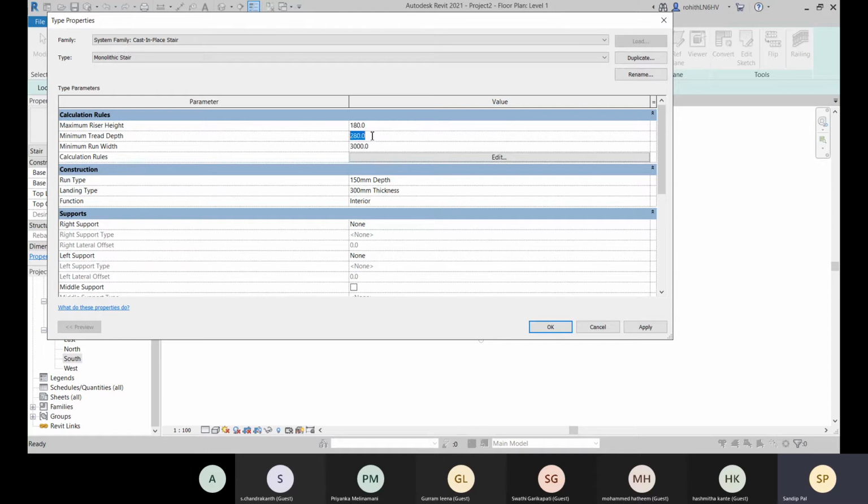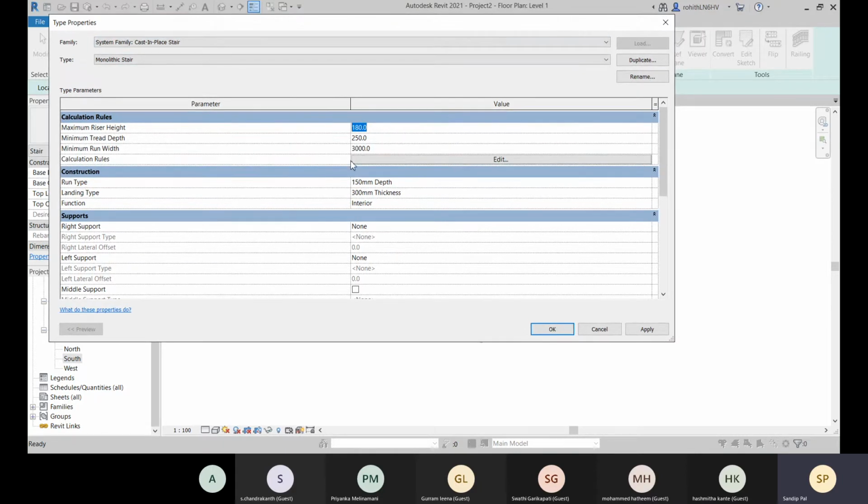Minimum tread depth. So minimum tread depth will specify like 250 will be our minimum tread depth. We cannot give value lesser than this minimum value. We can give more than minimum values, and the maximum riser height, we cannot go beyond that.